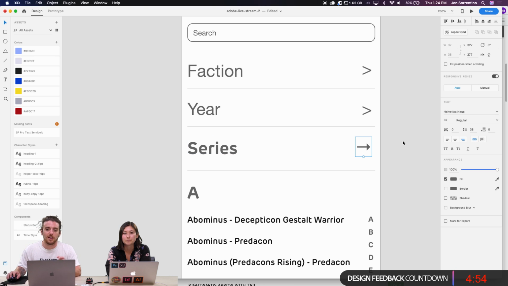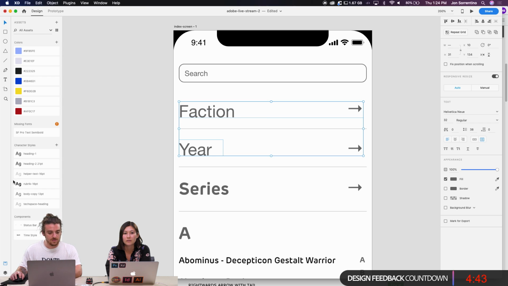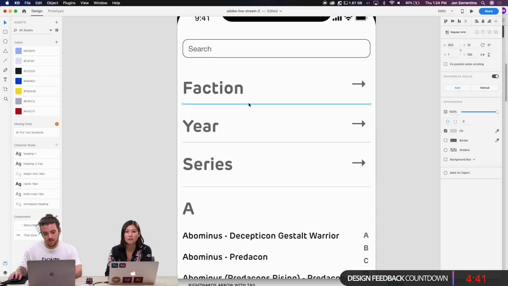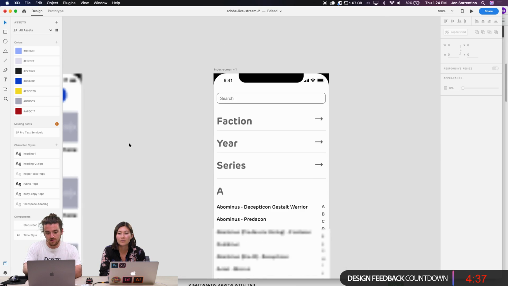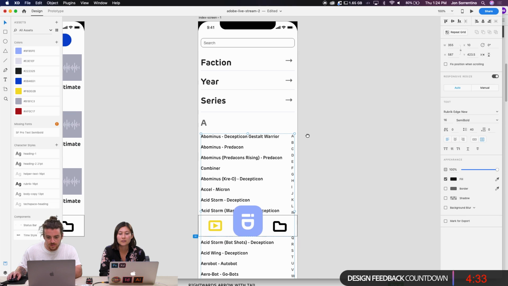It's a good hack, and it's way nicer than the carrots. Just copy and paste these. So I want to make these our heading ones as well. I want to make these that color. And then I think I'll do something like this.